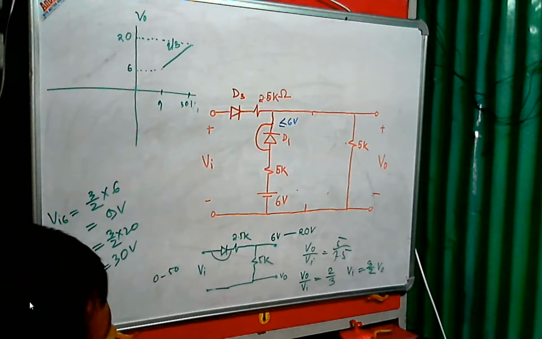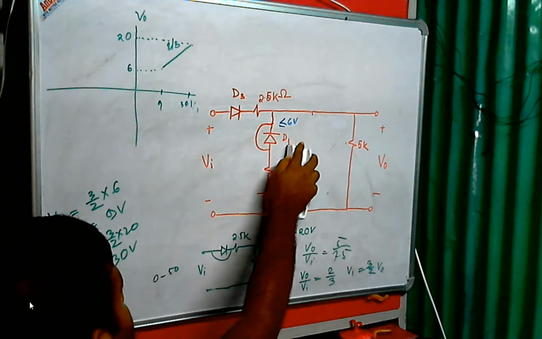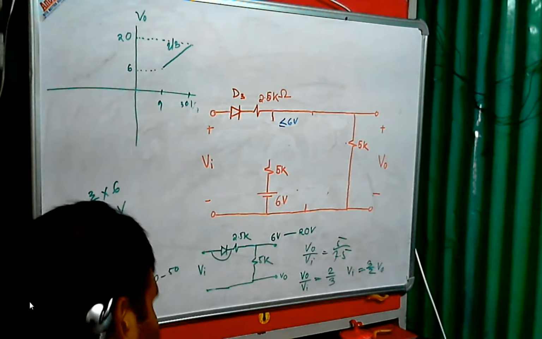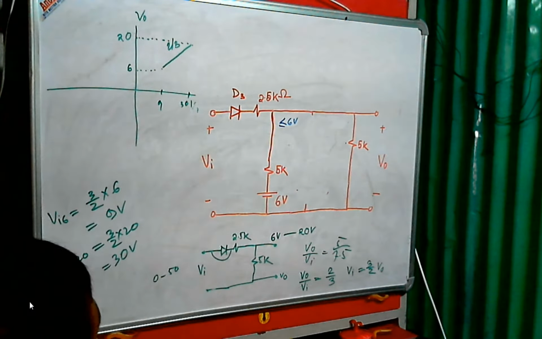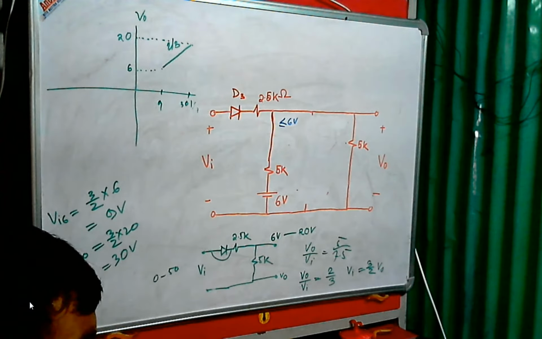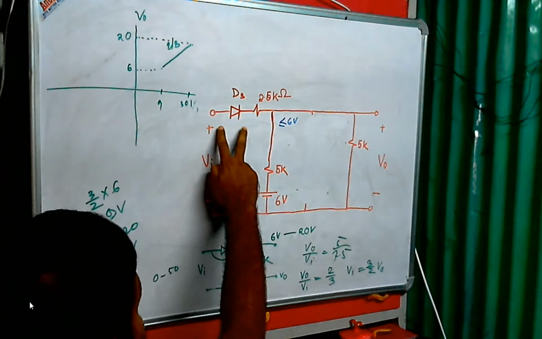Now this is the circuit. We can modify this circuit a little bit more. We can remove this diode and we can connect this line. So this is the circuit for output voltage less than 6 volt and the input voltage less than or equal to 9 volt. Now let us see when D3 will be off. Suppose let us assume D3 is off.